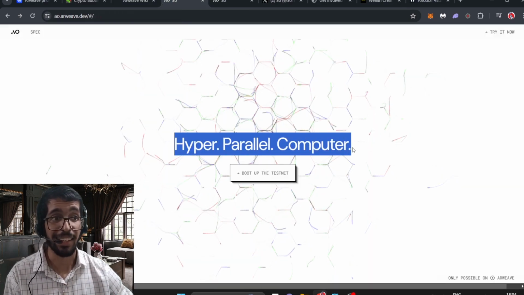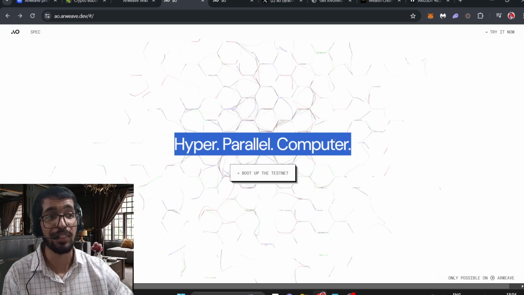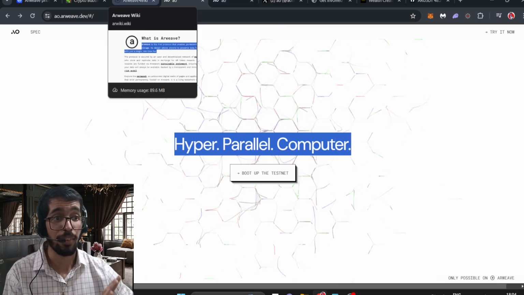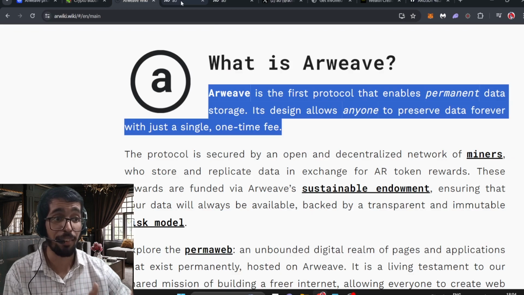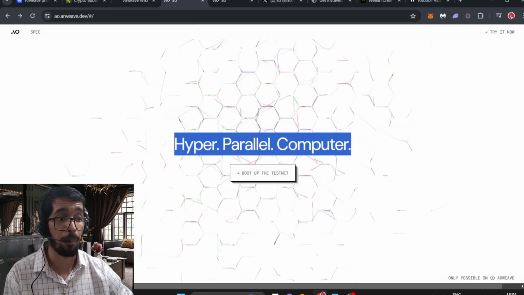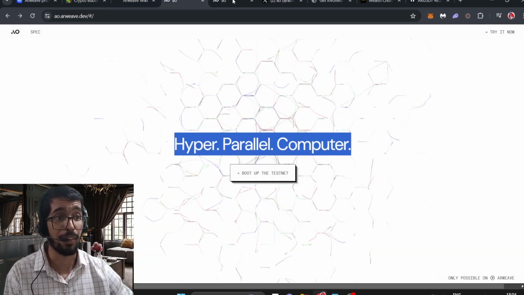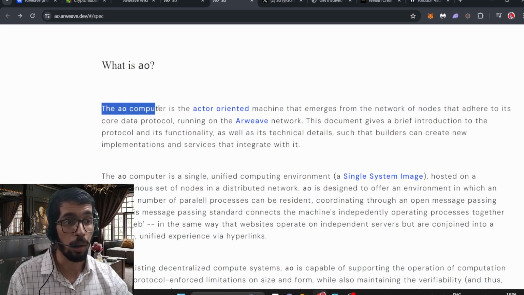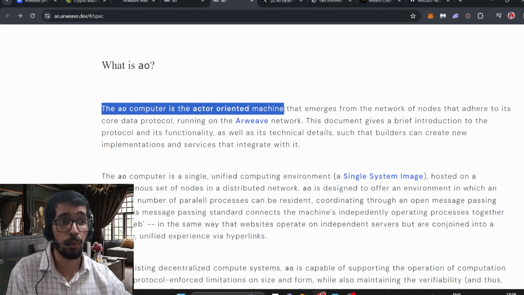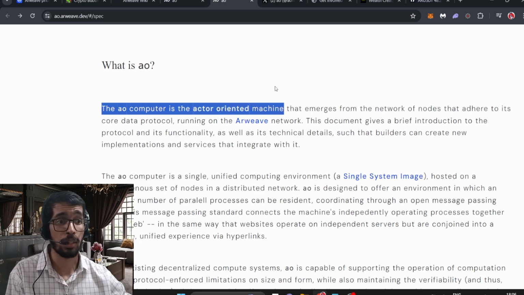Right now Arweave created this thing that's not launched yet, the hyper parallel computer. It's a layer, so they are building their own ecosystem. Arweave is a different thing, and with this they've created this hyper parallel computer which will be a layer. So what is AO? The AO computer is an actor oriented machine. See the words that I used. It's an actor oriented machine. So it's a single